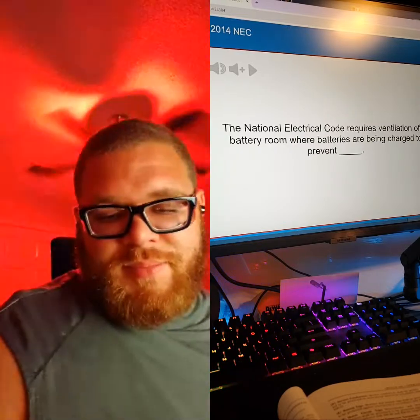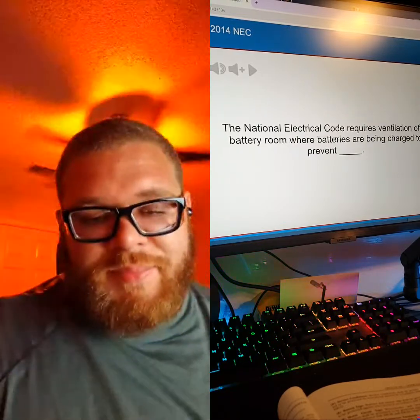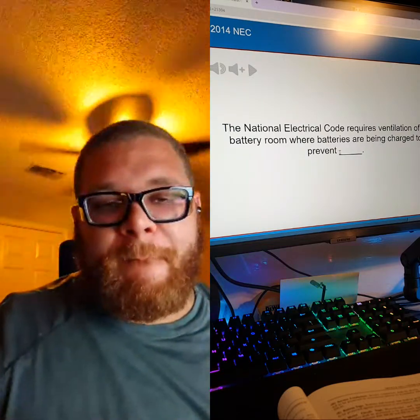Okay, let's look at another one. The National Electrical Code requires ventilation of a battery room where batteries are being charged to prevent...